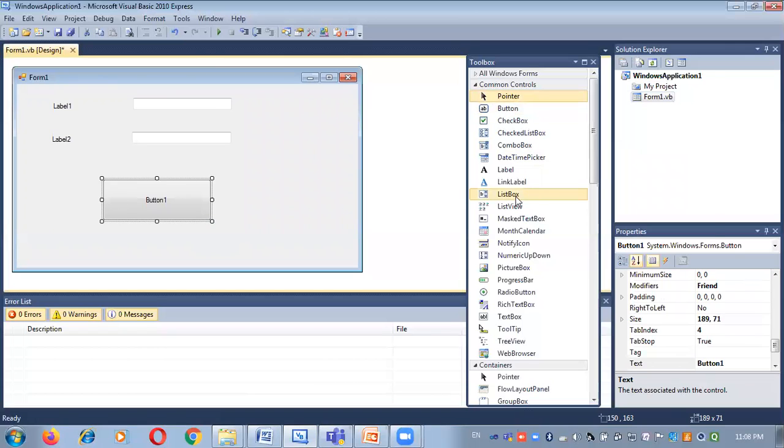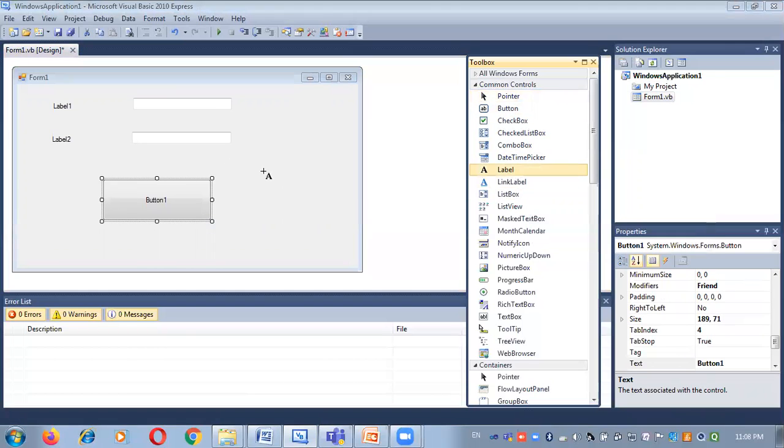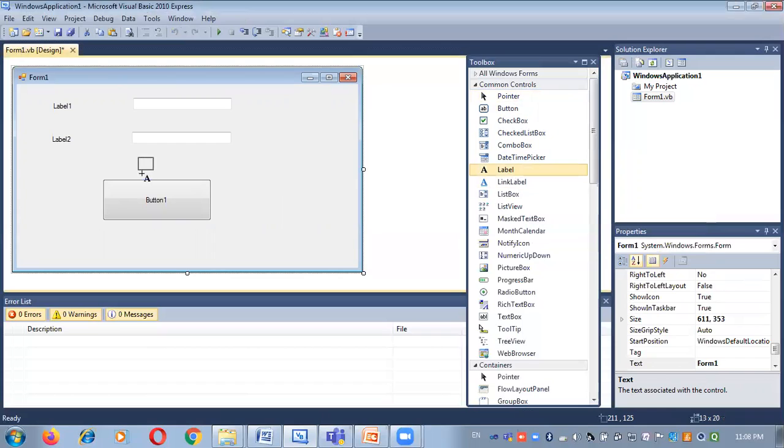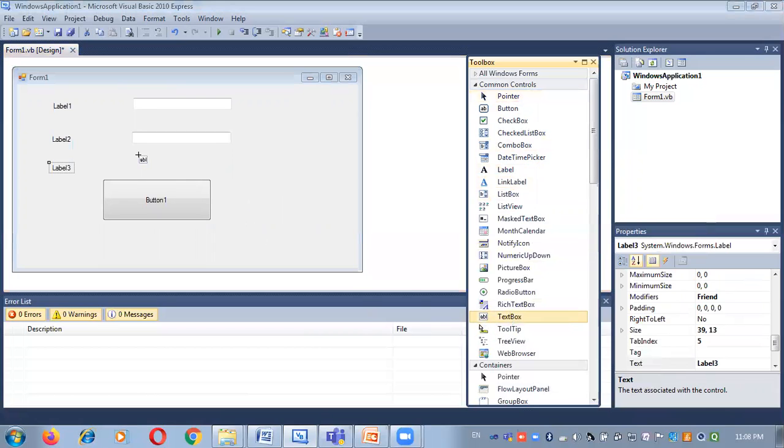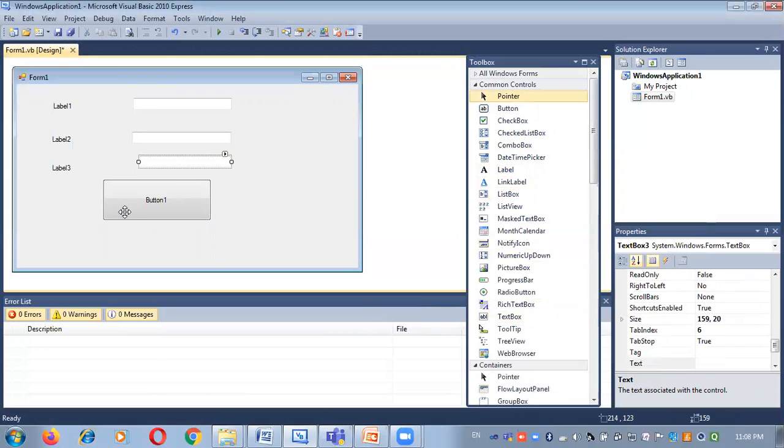Okay, and I will consider one more label control and one more text box. In this application, I am going to present how to use arithmetic operator in Visual Basic. So in this application, 3 labels are there and 3 text boxes and 1 command button.